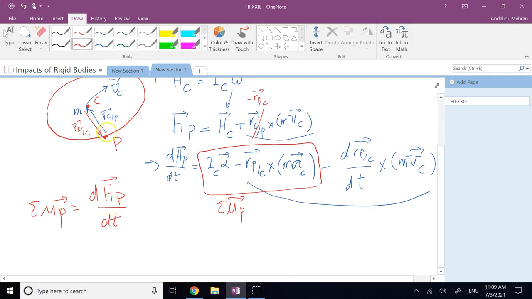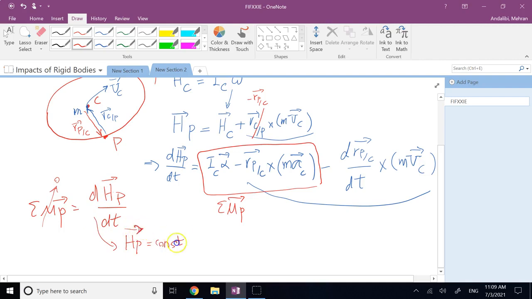Since the only force is applied on point P, the moment about point P is 0. It means that H about point P is going to be constant from before to